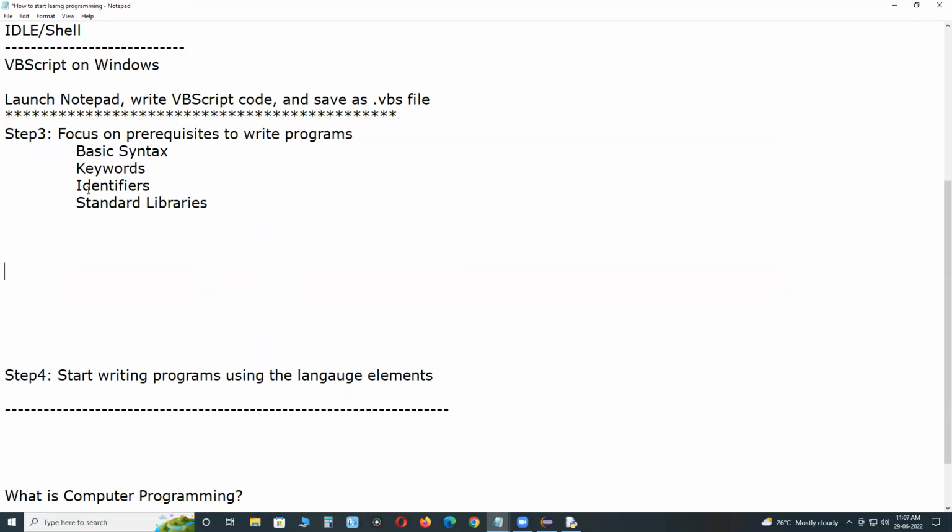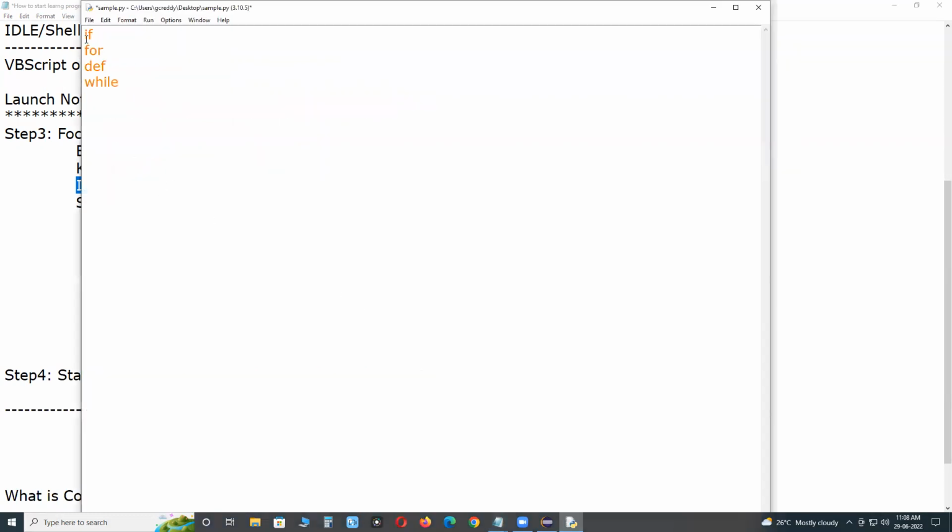Next, identifiers. Focus on identifiers. Identifiers in computer programming are symbolic names used for identification. They can be a class name, variable name, method name, function name, package name, constant name, etc. Suppose here I declared one variable num equals to 100.